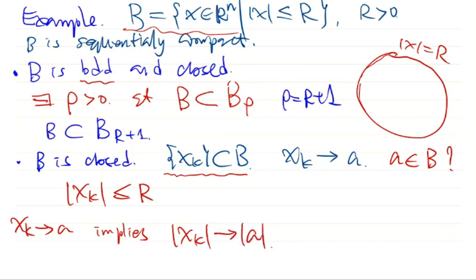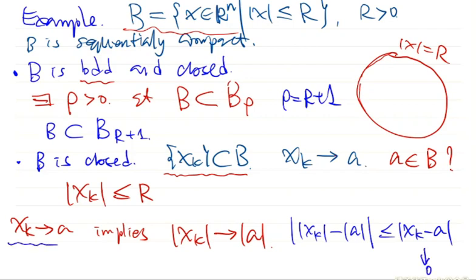We have many methods to prove this fact. We can use the triangle inequality. The absolute value of the norm of x_k minus the norm of a is the absolute value of the difference of two numbers. By an easy corollary of the triangle inequality for norms, this is not greater than the norm of x_k minus a. But x_k converges to a, so this norm goes to 0. So this implies that the norm of x_k converges to the norm of a.